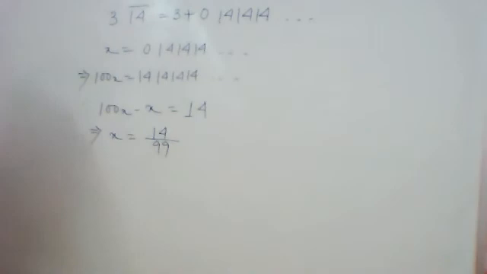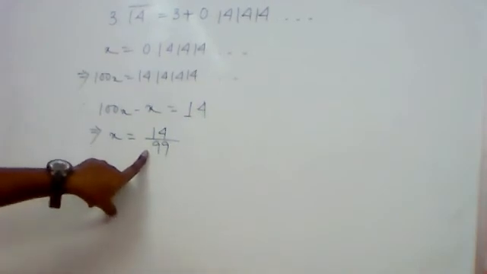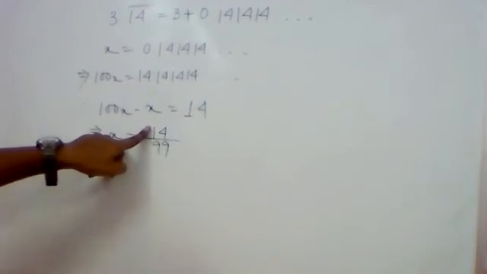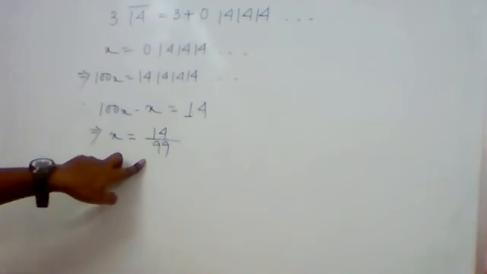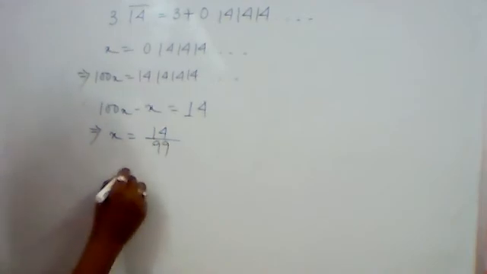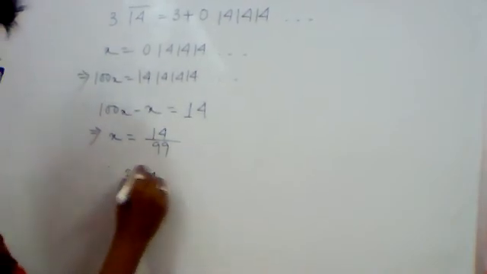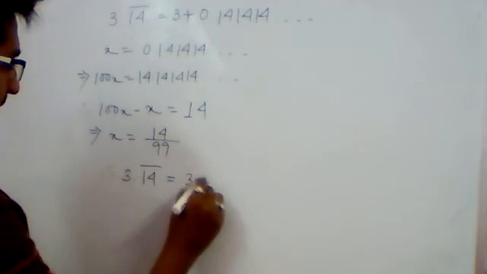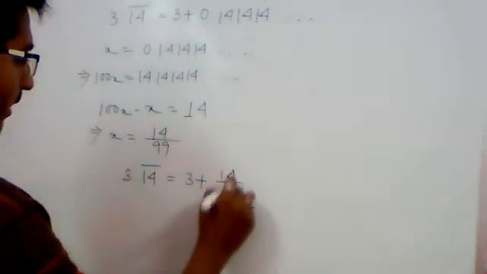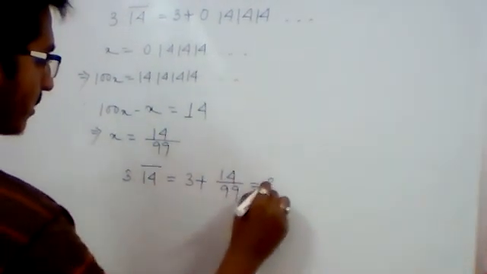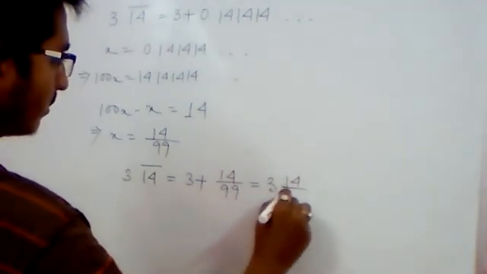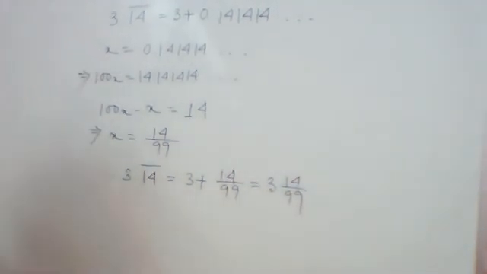That means we have converted x, that is the recurring part, into a vulgar fraction or p by q form, where p is equal to 14, q is equal to 99. Both are integers, q not equal to 0. So it can be written therefore 3.14 recurring is equal to 3 plus x. X means what? 14 by 99. So it will be expressed in mixed fraction as 3 whole 14 by 99. Very simple procedure.